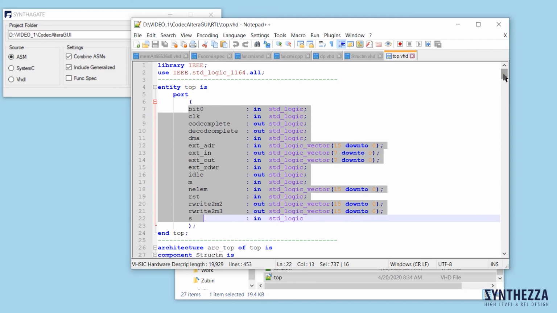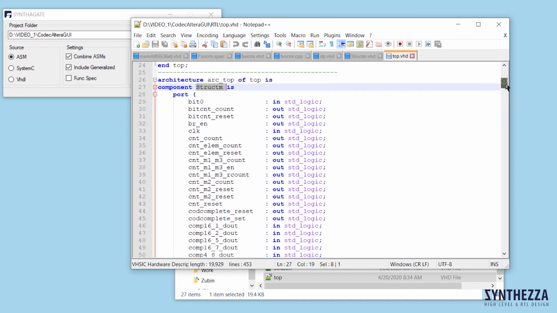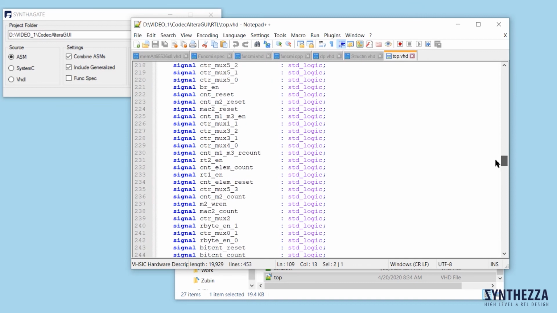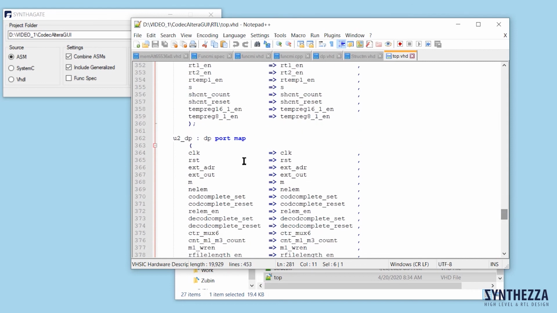Its architecture has two components, Struct M, its control unit, and DP, data path, with signals connecting the two components. Here are the signals. The instantiations of these two components are U1 FSM and U2 DP.